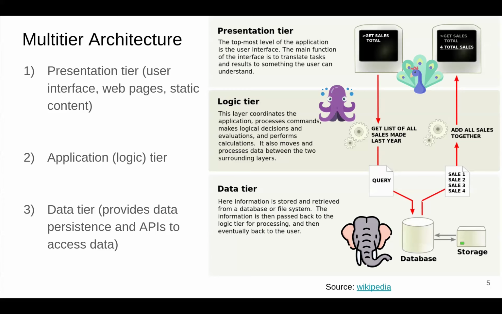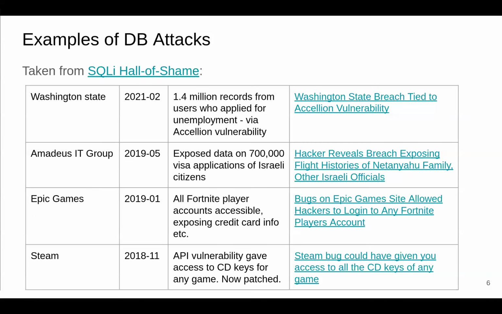Now, if you look at different attacks at all of these different levels, there's been a plethora of attacks against database systems, because some of the lower end databases may actually be exposed.